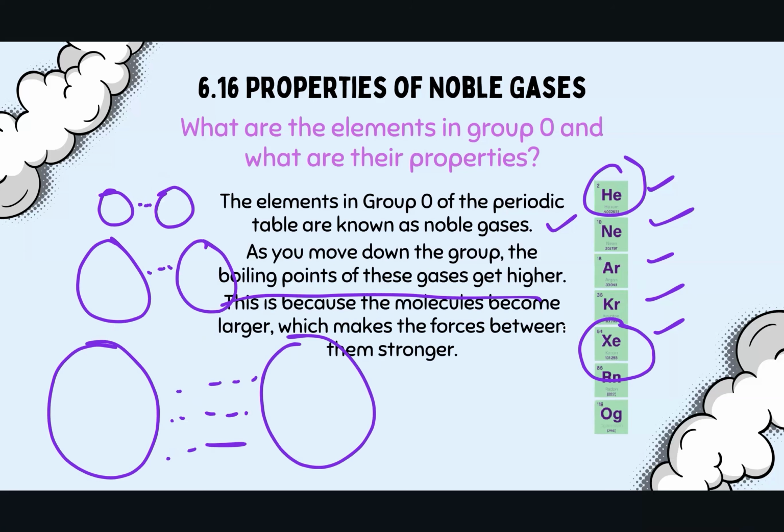become stronger. So as you get a larger and larger atom, the intermolecular forces between them become larger as well. It's still not a high temperature, but the boiling point still increases as you go down the group. As a result, the stronger the intermolecular force,